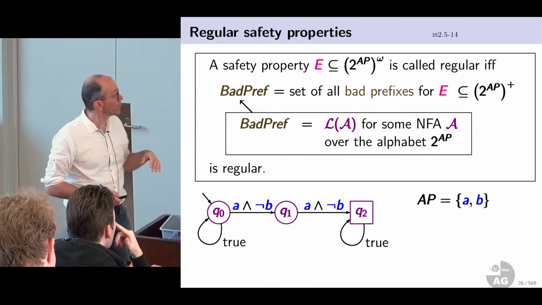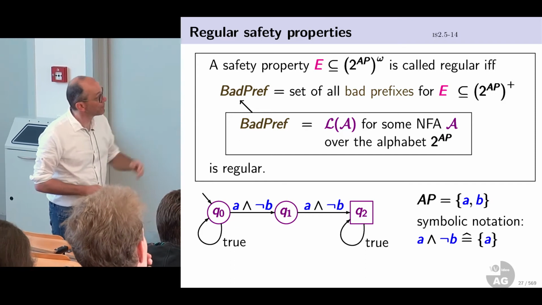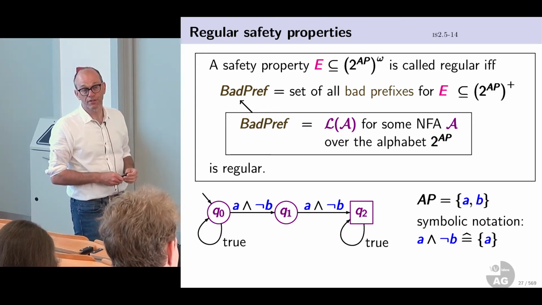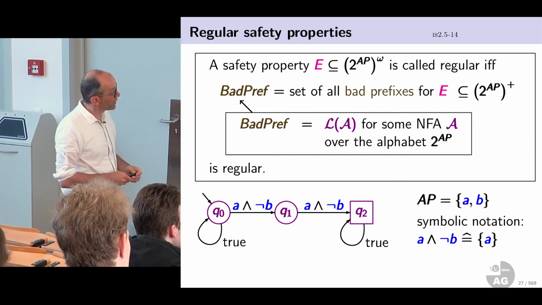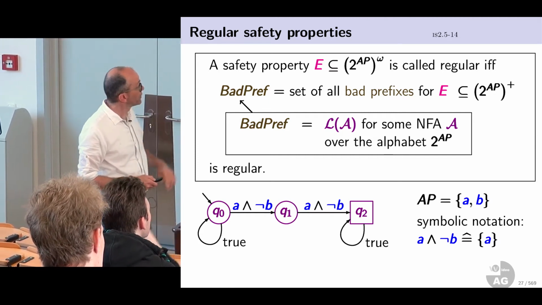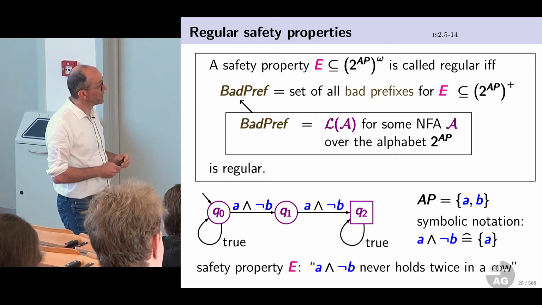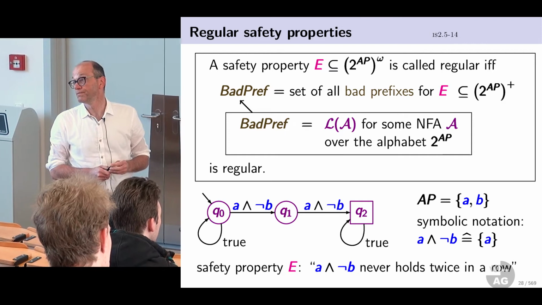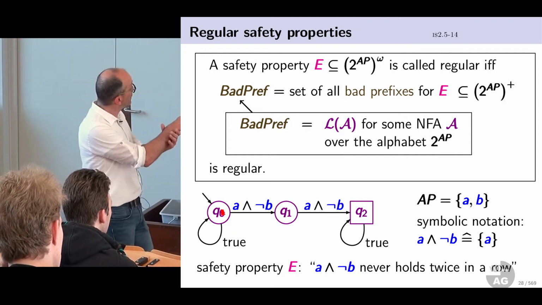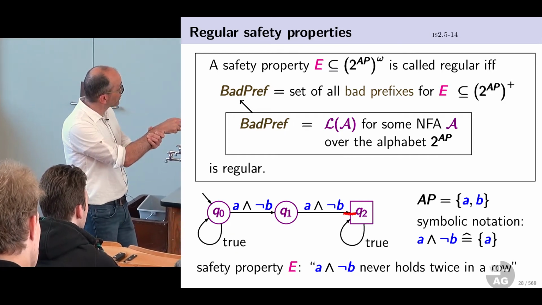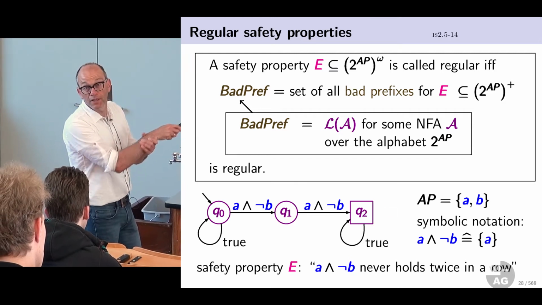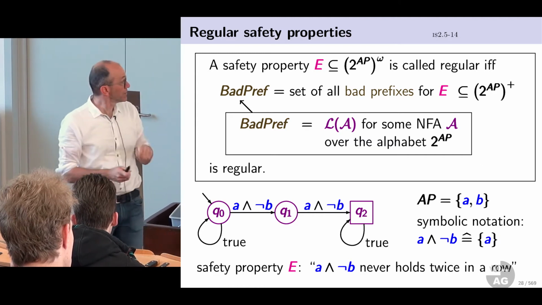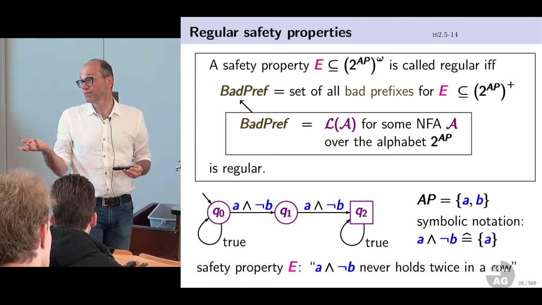So it means that we are going to accept, so that's a symbolic notation, A and not B means simply the singleton set A, right? Because that's the only set that satisfies the formula A and not B. And this is the safety property that A and not B never hold twice in a row. Yeah? I mean, A and not B holds once, A and not B holds twice. That means this automaton accepts the word where we get A and not B twice in a row, but